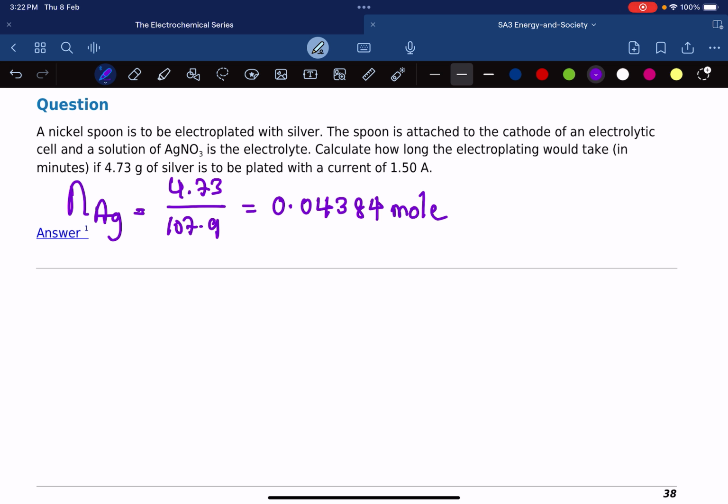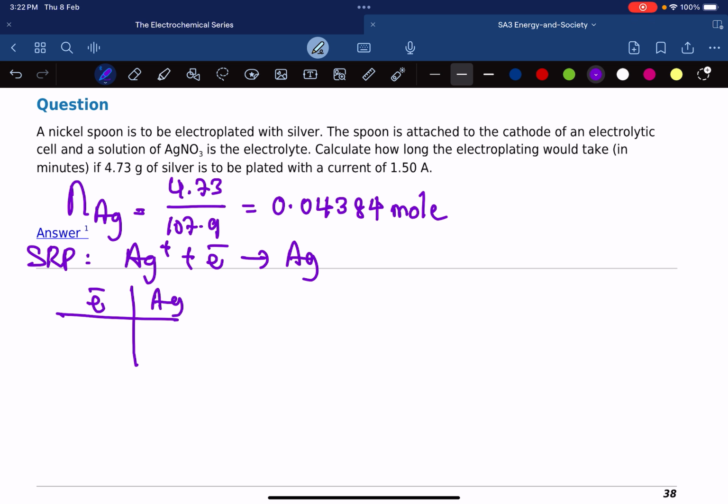This is the number of moles of silver which is deposited. Then we look at the SRP table. We find this equation, silver plus electrons gives you silver. So the relationship between electrons and silver is, for every 1 mole of electrons you get 1 mole of silver. Which means that if you have